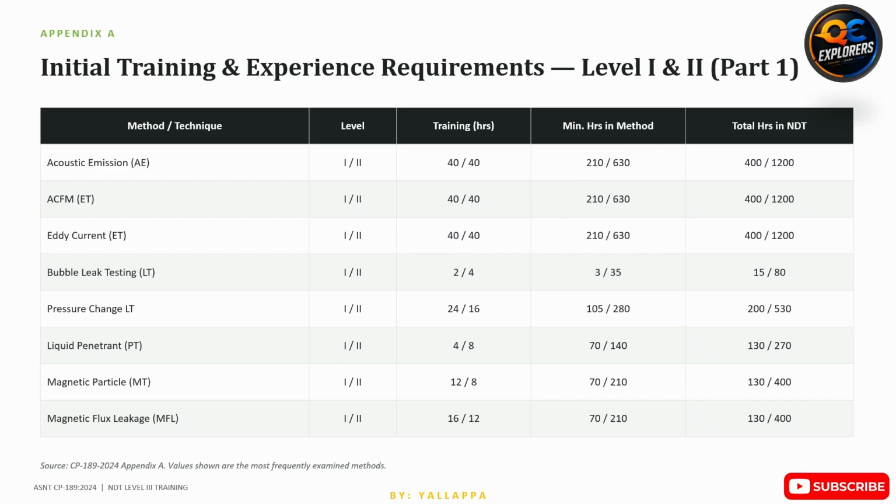Now, let's examine the methods listed on this slide. The first method is acoustic emission testing, commonly known as AE. Acoustic emission is a passive inspection technique that detects high-frequency stress waves released by active defects while a component is under load. Unlike many conventional NDT methods, AE does not generate an inspection signal. Instead, it listens for energy released naturally by